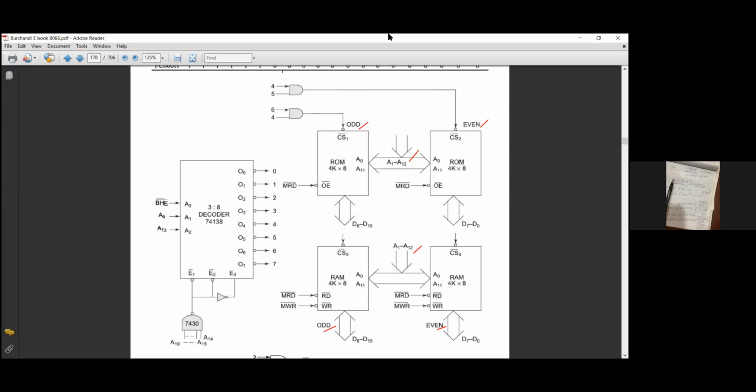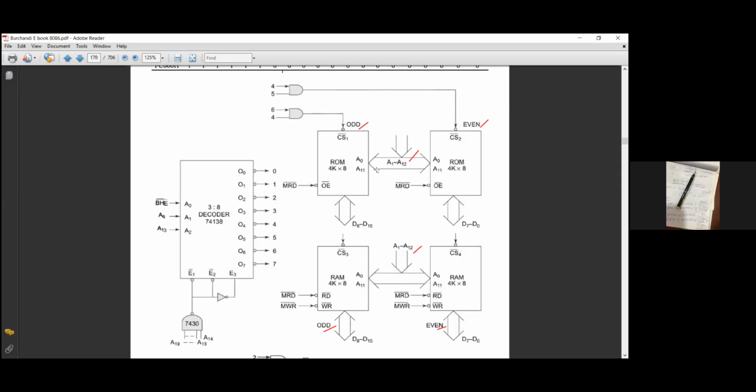Okay, sir. Next, how many data buses will be there? Into how much? 8 data bus. Is it clear to everyone? Yes, sir. Why is it 8? Because, sir, you can imagine that in 8086 there is a 16-bit address bus. But why are you connecting the 8 data bus?